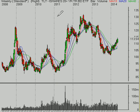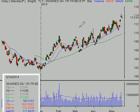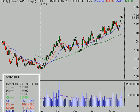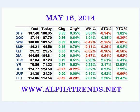The TLT, this is the bonds. My friend JC over at All Star Charts, he's been bullish on the bonds pretty much all year, and that was a great call because he was definitely in the minority. But you can see here on the weekly chart where officially, in my mind, it became okay to be bullish based on price action was as it broke at about the 108 level, and now we're coming up to a potential area of resistance. Doesn't mean it will be, but this market's had a great run, and this year we're so far up 11.5%